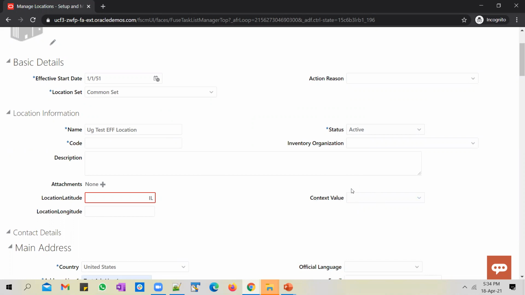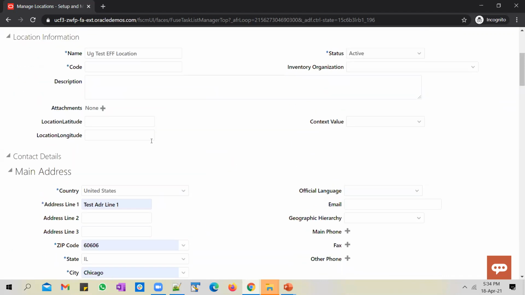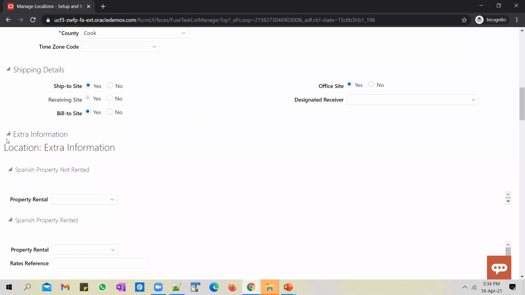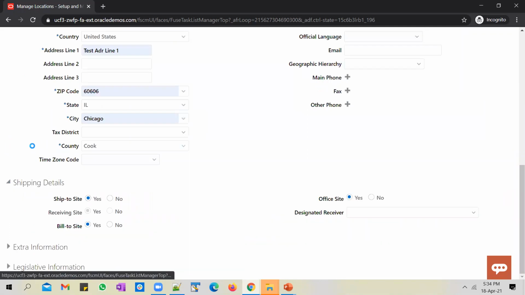But if you want to store only one department, then you could have made use of the DFF. But I want to store multiple departments on a single location, so that's why I have enabled extensible flex field. That's why I didn't use a DFF. Instead, I used EFF.